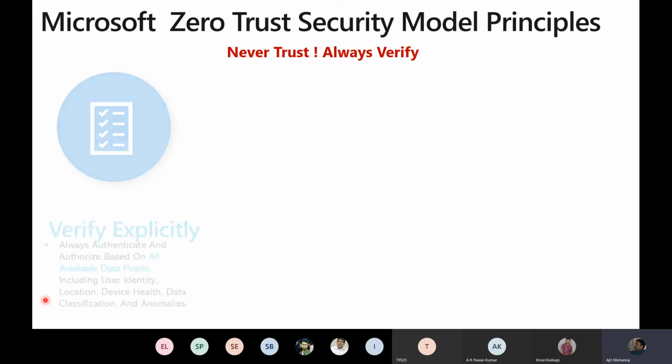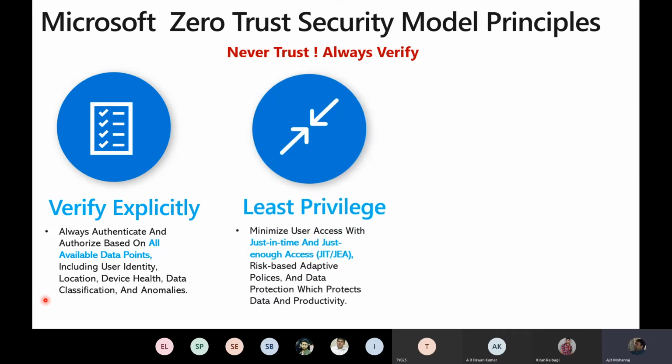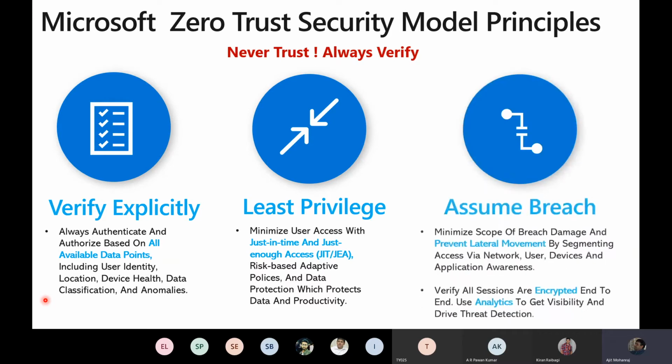So back to what Microsoft basically says, very simple: verify explicitly. Everybody's going on the fact that we do not trust you. You've got to verify. And I'm going to use signals from everywhere. Identity, location, device health, all that's going to become a very important part of my decision criteria. Second, I'm going to assume least privilege. Think of that admin user I spoke about, right? He doesn't get it till he wants it and he requests it, and I want to know what he's doing and the time that I'm going to talk about, right?